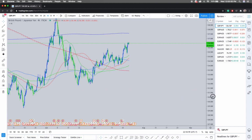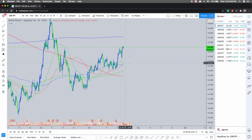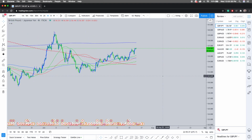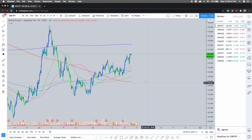Now, onto the chart for GJ. Obviously, we're in an uptrend on the 4-hour and the 1-hour. So this thing's in an uptrend. If we're zooming out a little bit, it's also pretty much in an uptrend, right? Boom, boom, higher high, higher low, possibly on its way to higher highs. And so at the moment, just from a price action technical standpoint, it'd be pretty hard to argue going short,